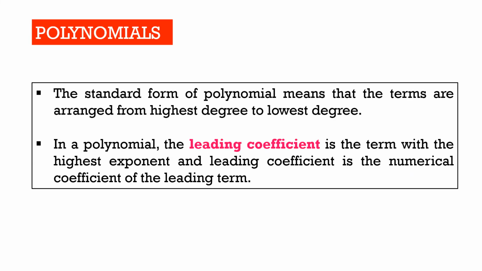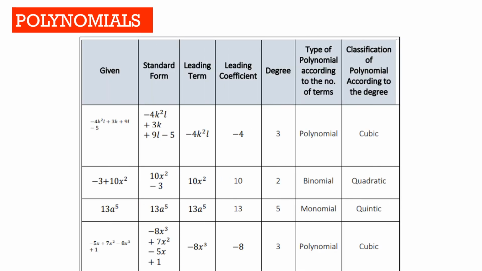Now, take note that the standard form of polynomial means that the terms are arranged from highest degree to lowest degree. In a polynomial, the leading term is the term with the highest exponent, and the leading coefficient is the numerical coefficient of the leading term. Let's look at the table for the examples on how to write polynomials in standard form, as well as identifying its leading term, leading coefficient, degree, type of polynomial according to number of terms, and its classification according to the